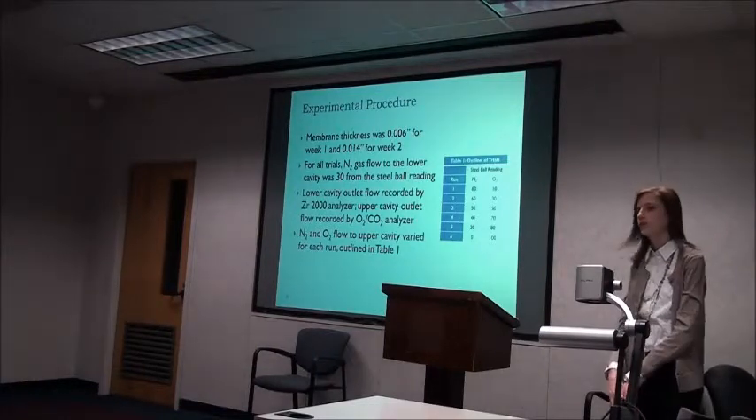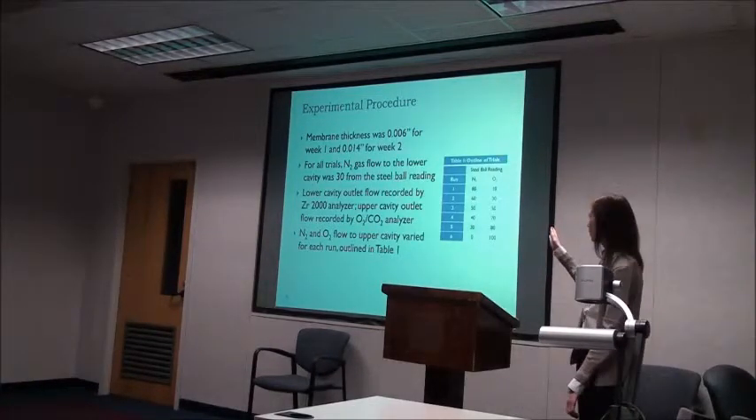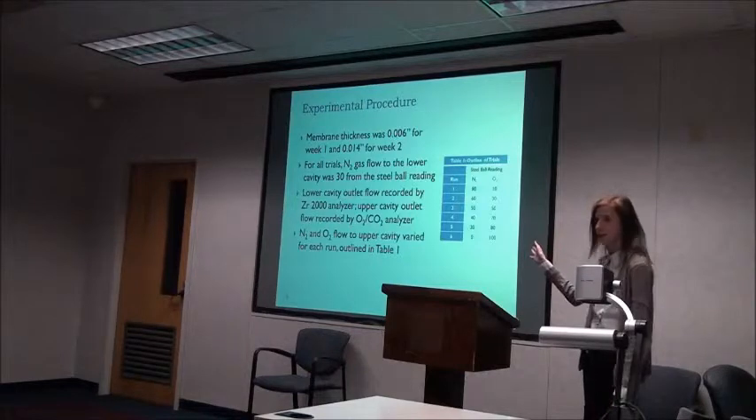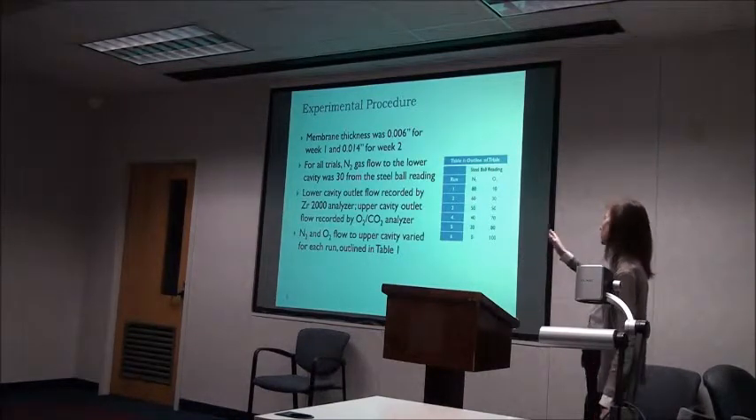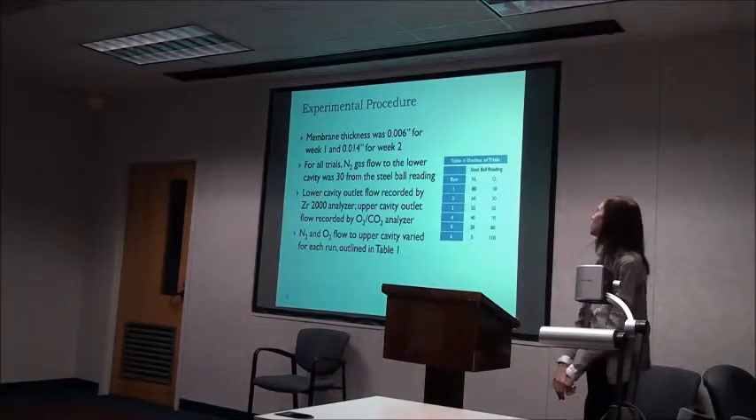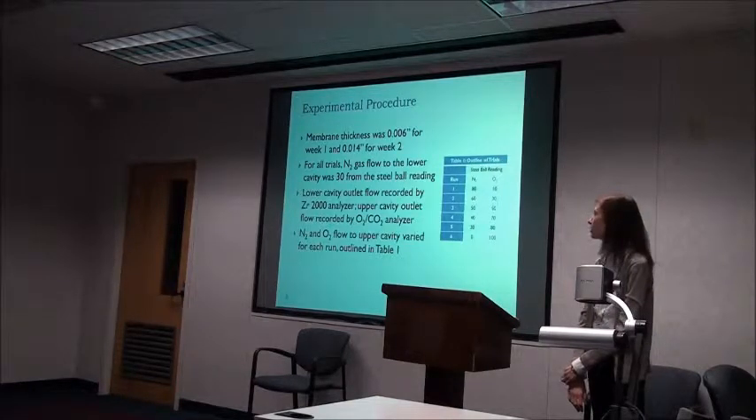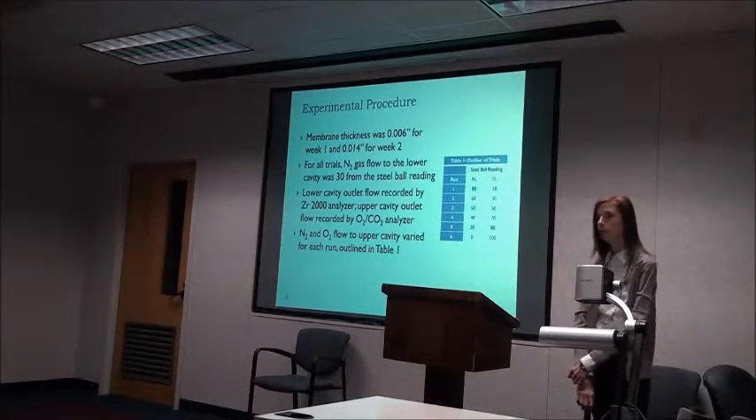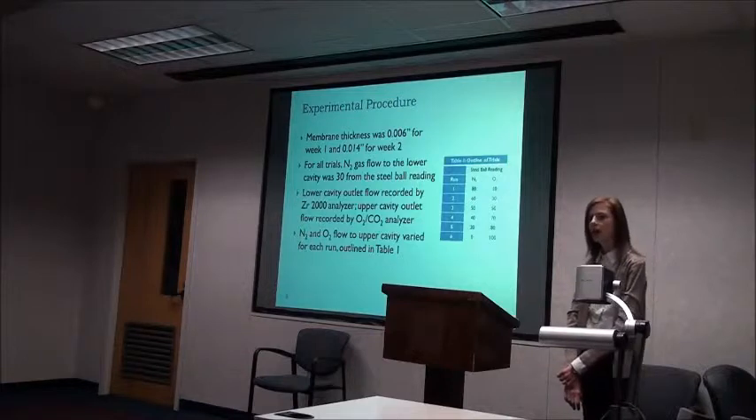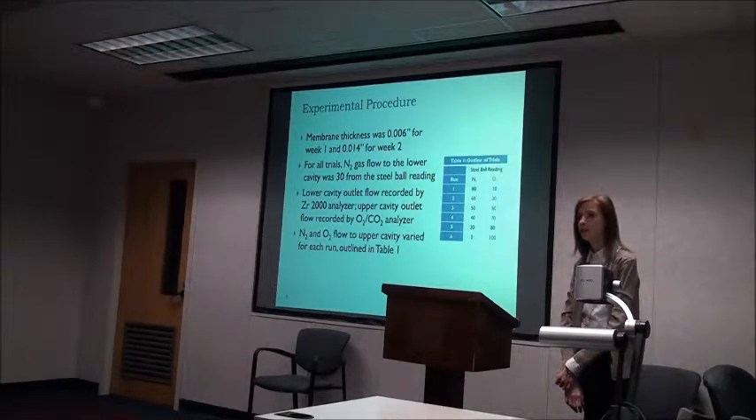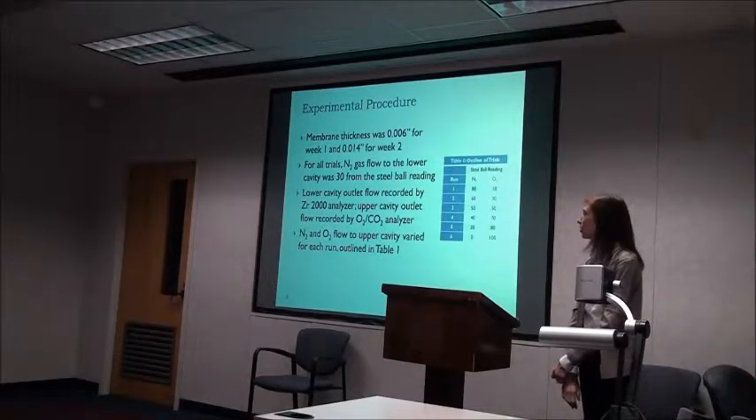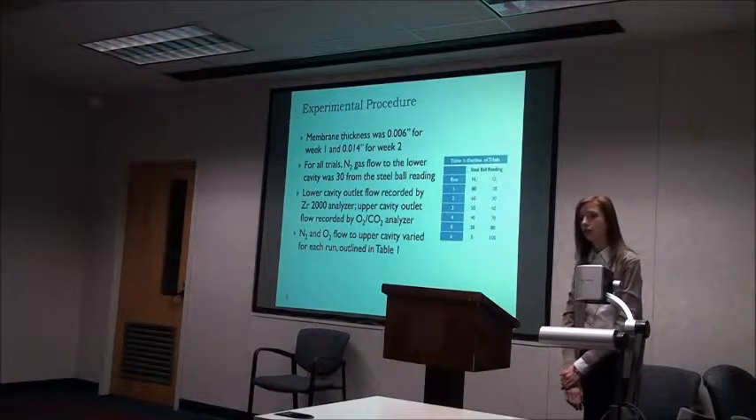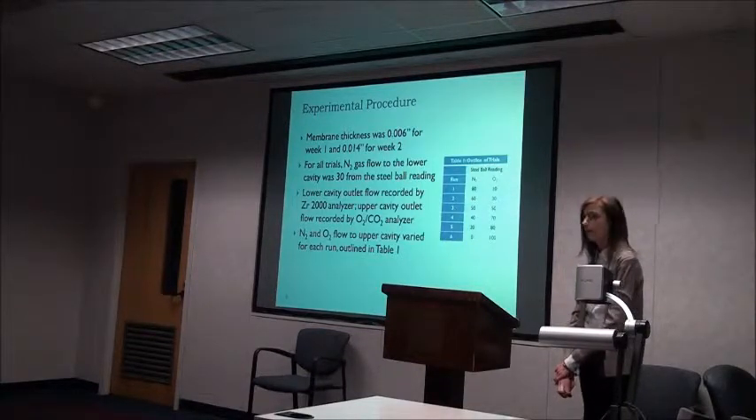The experimental procedure, as I previously mentioned, the steel ball readings for N2 and O2 were varied for each trial, as shown in table 1. The membrane thickness was 0.006 inches for week 1 and 0.014 inches for week 2, and those were converted into centimeters for our calculations. For all trials, the gas flow to the lower chamber was 30 for the steel ball